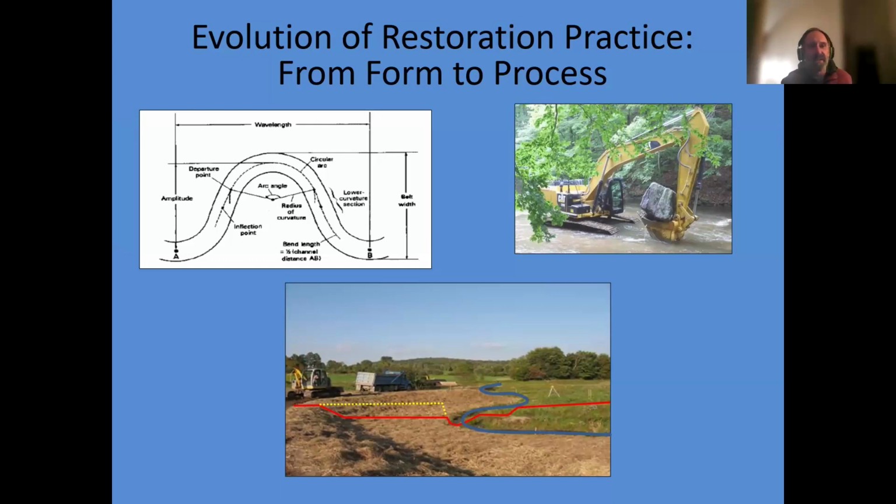We were all really sold on this idea that if you built the morphology correctly, you could balance the force of the hydrology with the resistance of the geology and create a quasi-stable channel with good ecological characteristics, values, and everybody would be happy. So that was what we all endeavored in. But of course, this process is very expensive.